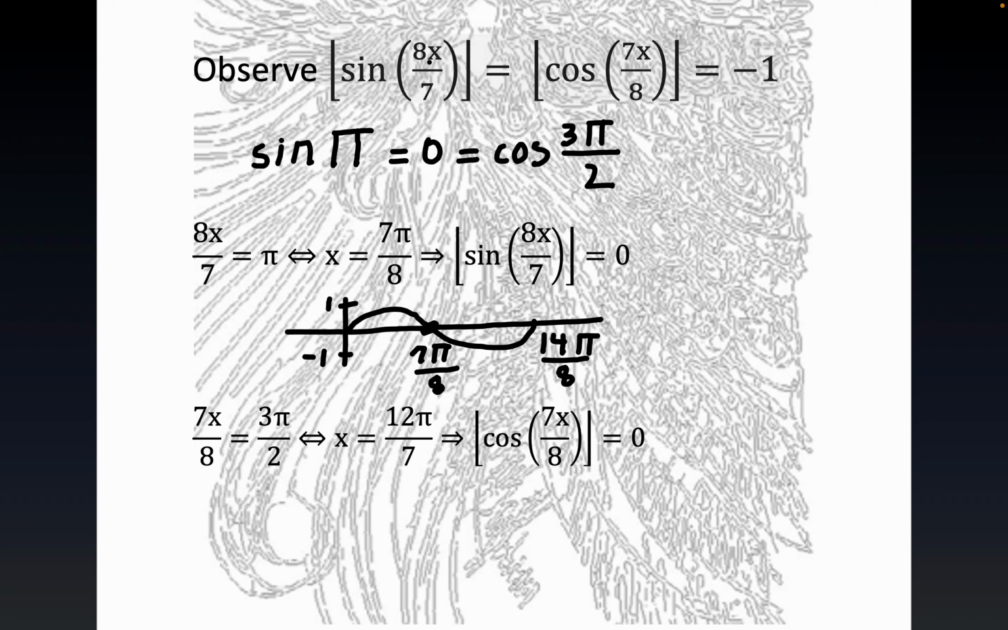We need the sine of 8x over 7 to equal -1, and that happens exactly once you get past 7 pi over 8. Okay? Now in a similar fashion,